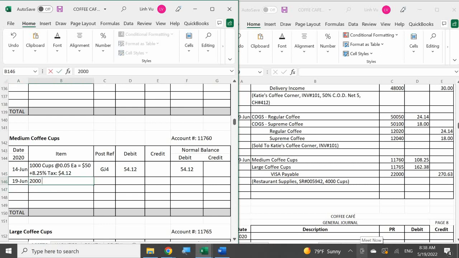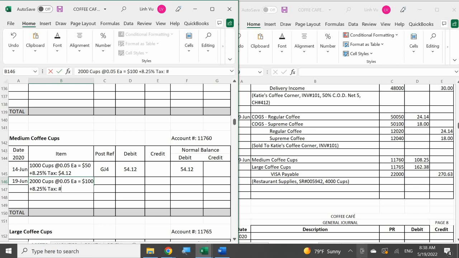We purchased 2,000 cups, right? They're still priced the same at 0.5 cents each, which equaled $100 plus 8.25% tax,